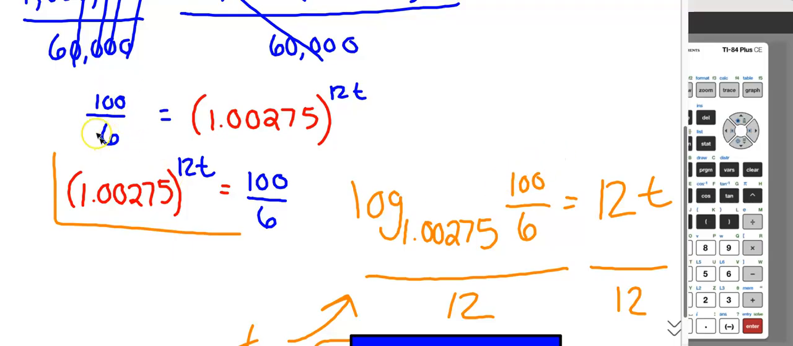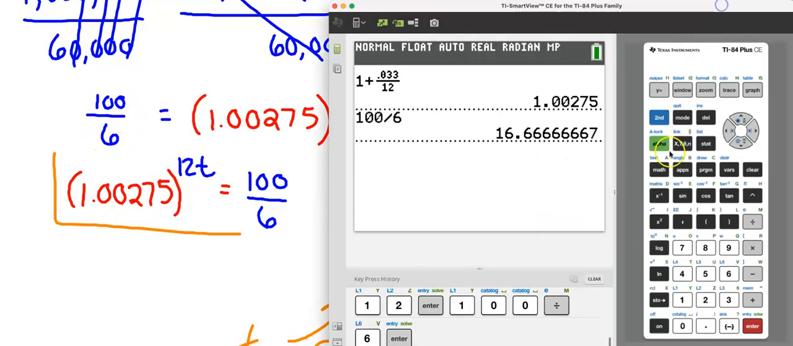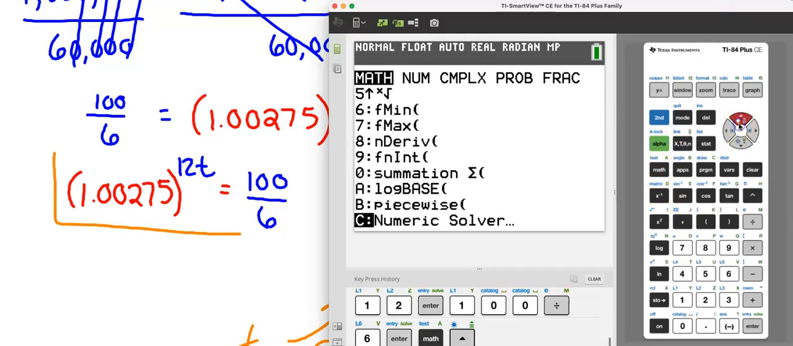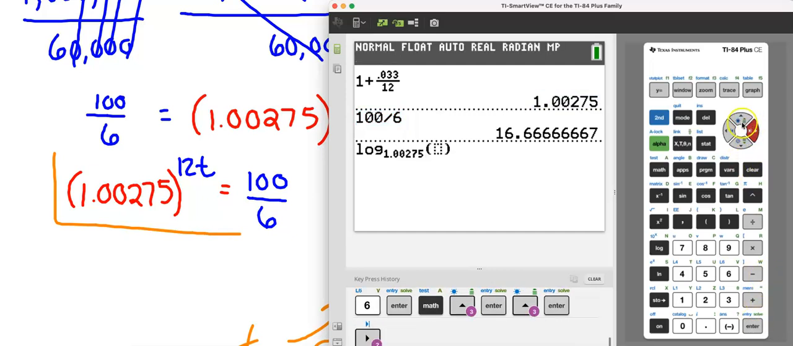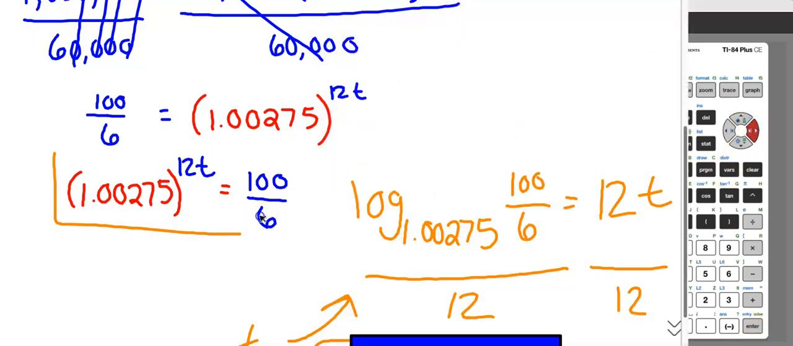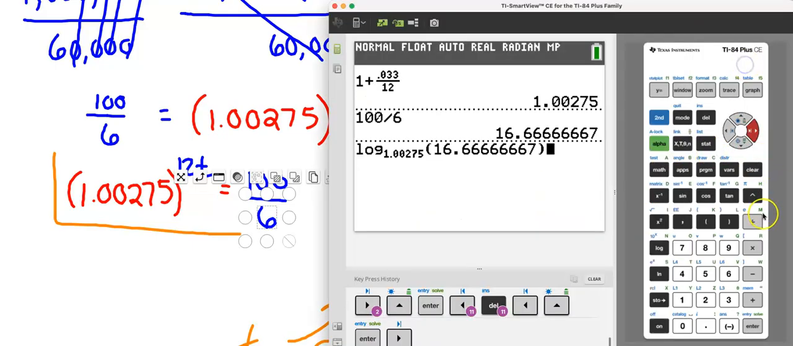So if you had left this as a decimal, which is totally fine, I will show you. So I would go to math, go to log base, and we can start copying numbers. So this was my base, hit enter. This was my of, oops. You have to go in the parentheses first and then go up. Gotcha. So log base that of that, and then divide it by